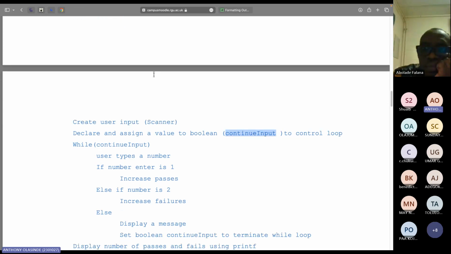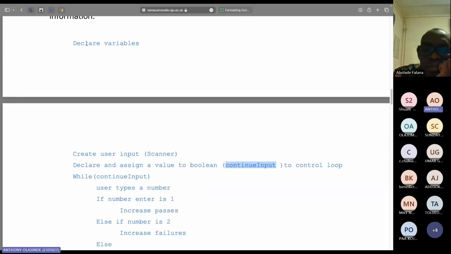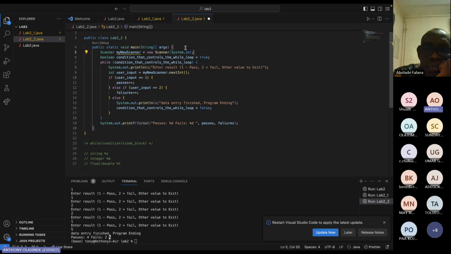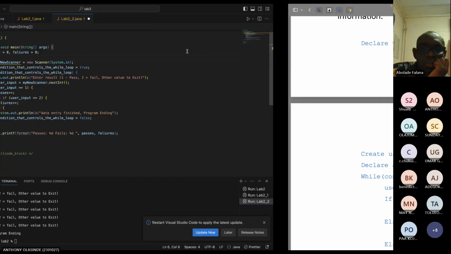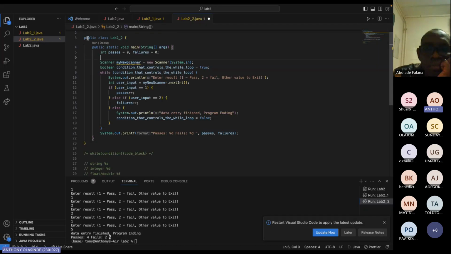So if you want to follow this pseudocode, for example, the first thing is declare variables. So that's this one. Int passes. I don't know if this thing works now. It's still not working. Int passes. So bring this one up, right? That's this line, declare variables. I'm just showing you how to work with